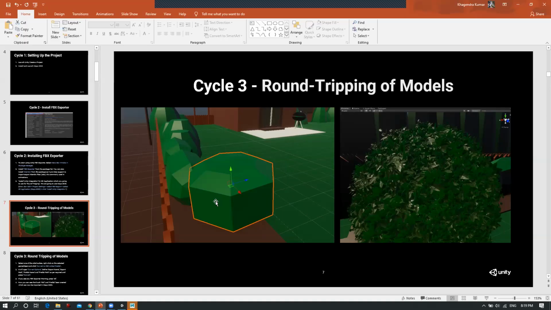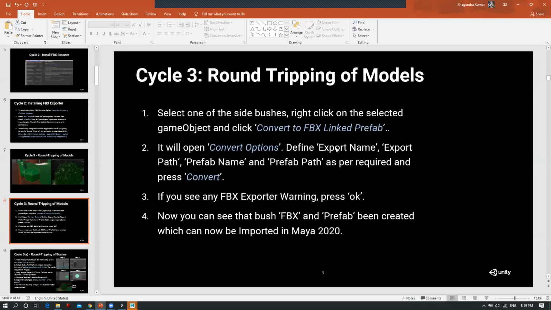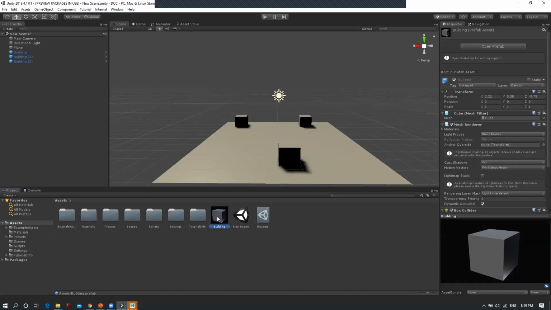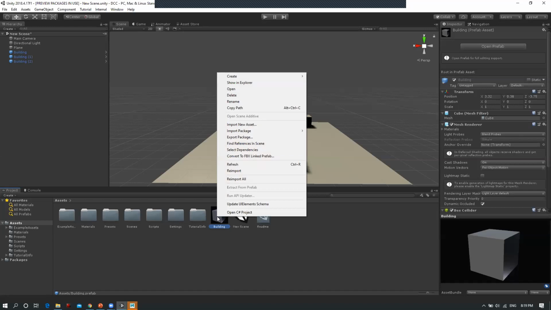Once you are done over here, you need to create a linked prefab. So you right-click on it and click on Convert to FBX Linked Prefab. One thing to note is that if you haven't installed the FBX Exporter, this option won't be available.